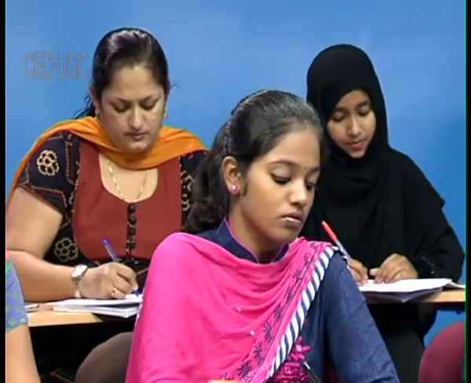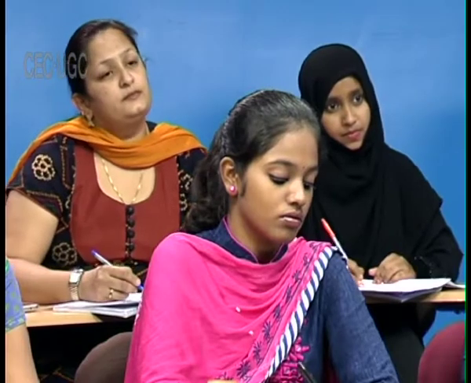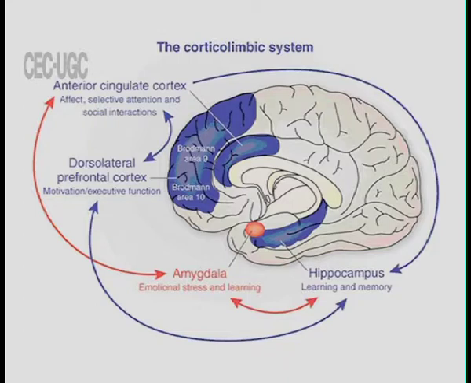I would like to know which areas of the brain are active when we are learning something. Alright, let's take the instance of language learning. You all might have heard that different parts of the brain are involved in performing different functions. The rise of cognitive science has led to important advances in understanding the brain mechanism of perception, attention, memory, and other cognitive processes.